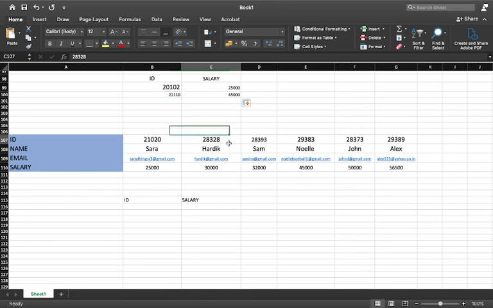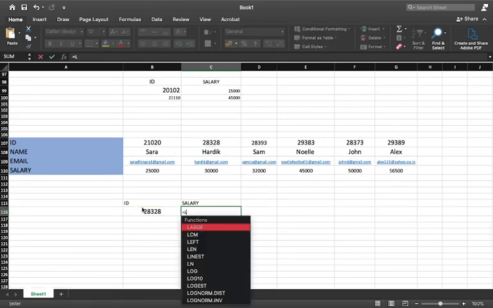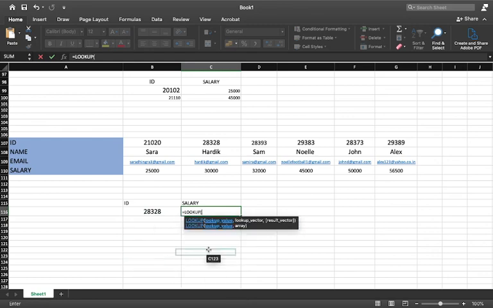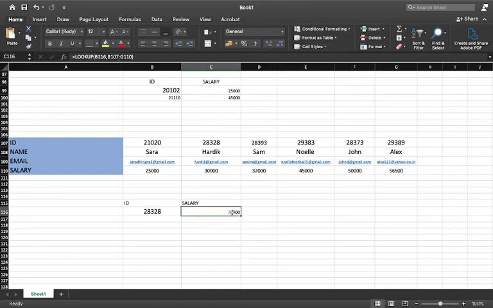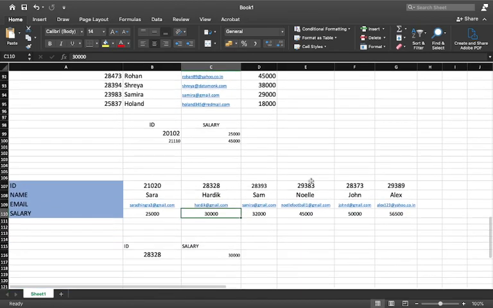So for example, I'm looking for this particular ID. Alright, I'll write it here. Then I'll just apply the LOOKUP function. I'll select it from here, then enter my lookup value, that is B116, and enter my array here. I'll select the array, close the parenthesis and press enter, and we have got 30,000 as our salary. So if you see, you can use it with both your horizontal table and your vertical table.